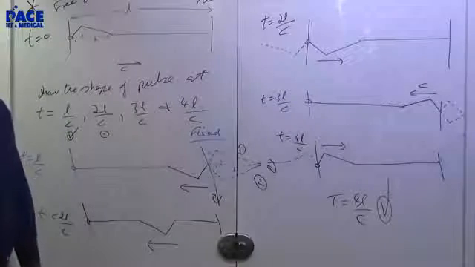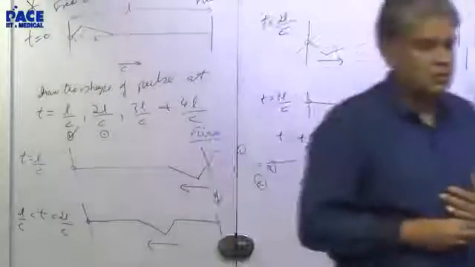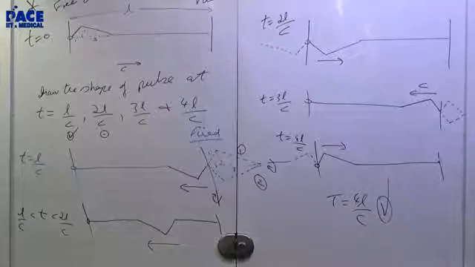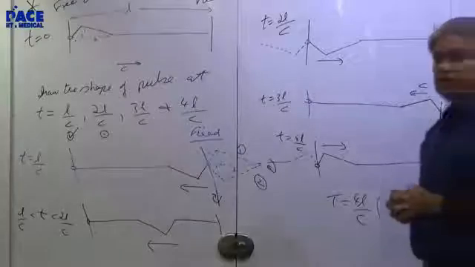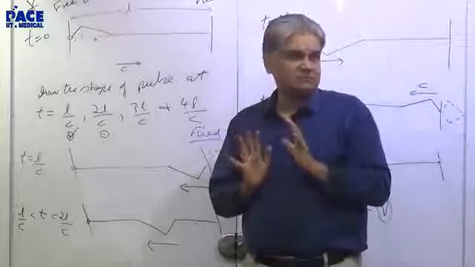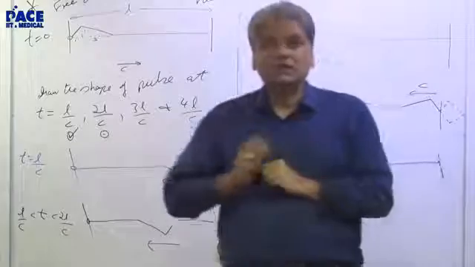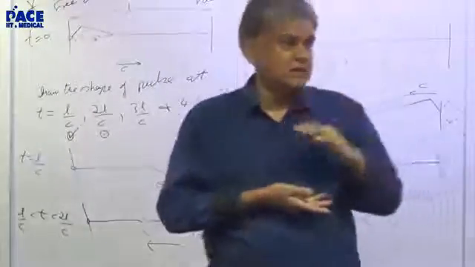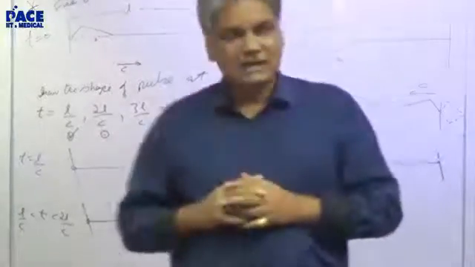Free end, fixed end, and same thing, denser medium, rarer medium, it's the same thing. Here I am assuming that on reflection, it is an ideal reflection, total energy is reflected. If the reflection is not ideal, what will happen? The amplitude will become less. The shape remains the same. Likewise, when transmission happens, if it is ideal transmission, the entire thing goes. Otherwise, it is a lesser amplitude. That part we'll do later. Energy will be less, but you've done that.